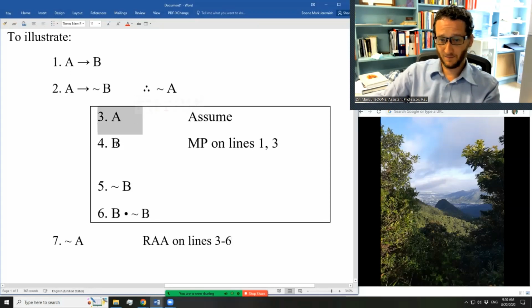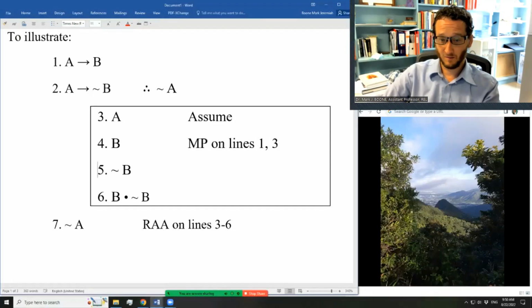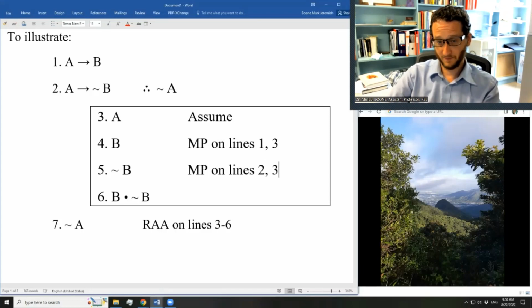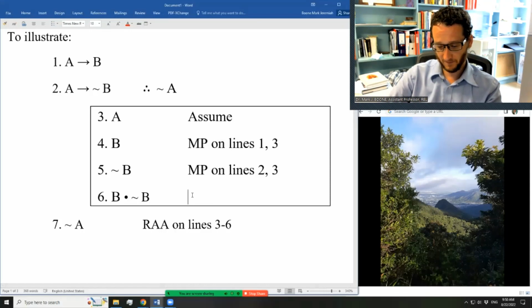You assume A, and you show by modus tollens on lines 1 and 3 that B follows. And then you do the same approach. You show by modus tollens on lines 2 and 3 that not B follows. And then you take B and not B by